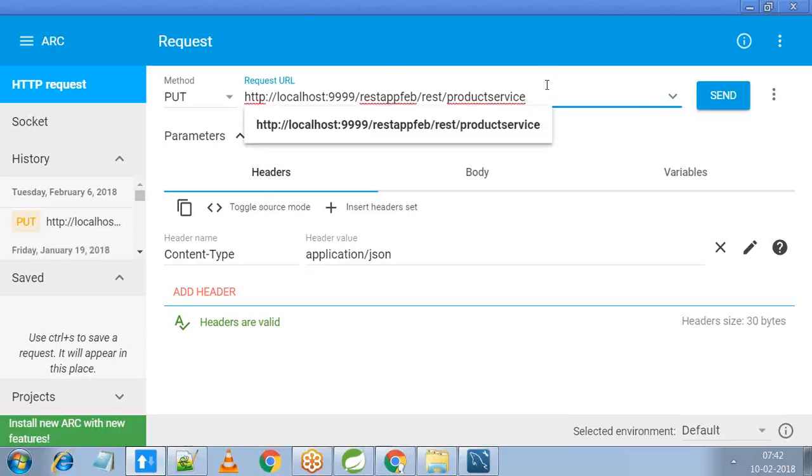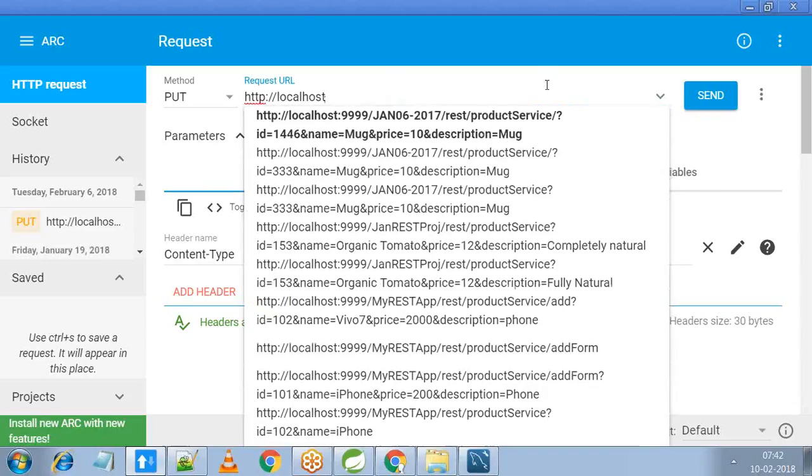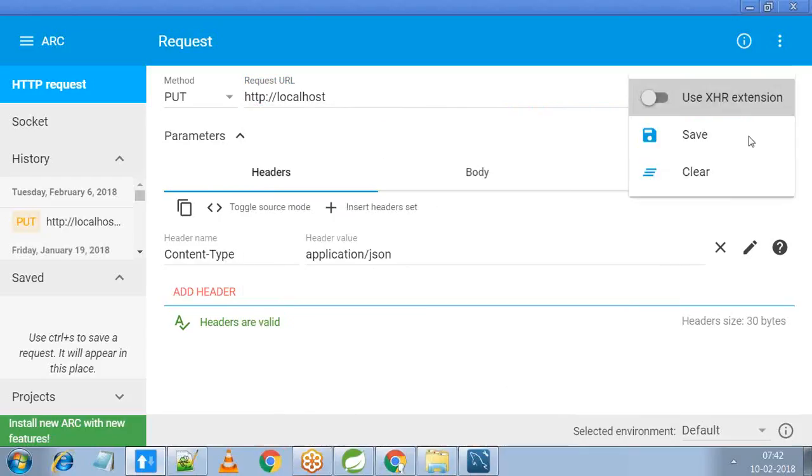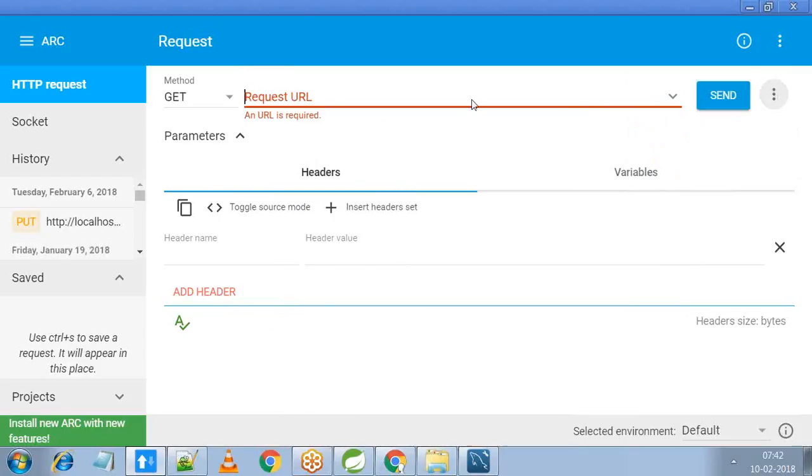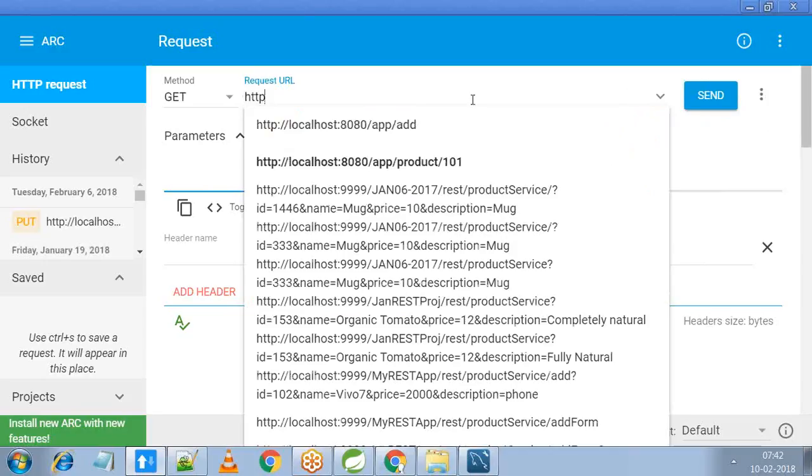Let me just use the URL. So first, let me clear it away. Let's clear everything. So HTTP localhost